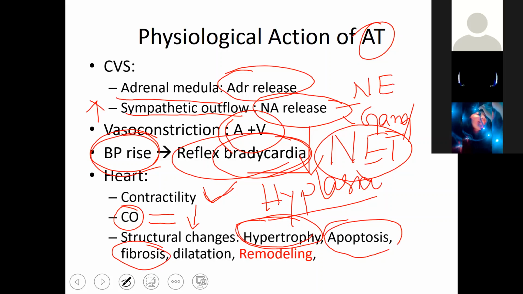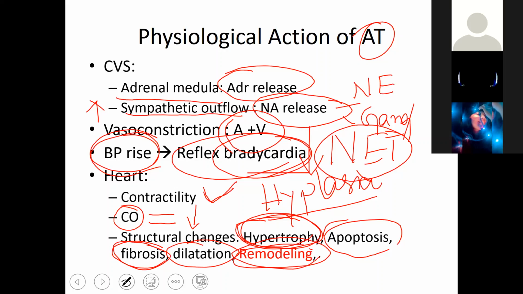Okay, where does the fibrosis occur and where does the hypertrophy occur? Whenever there is a myocardial infarction or any myocardial tissue injury, what happens? The healthy side gets hypertrophied, and the dead, necrotic or damaged tissue becomes more fibrotic and gets dilated. Because of this non-uniform growth or change in the heart musculature, there is distortion of the cardiac cavity, and it is commonly called remodeling.